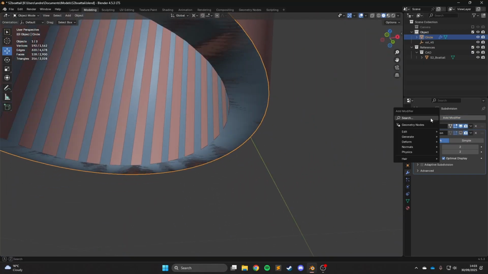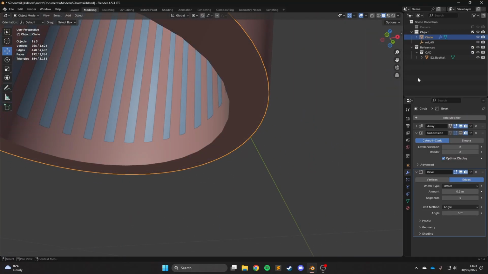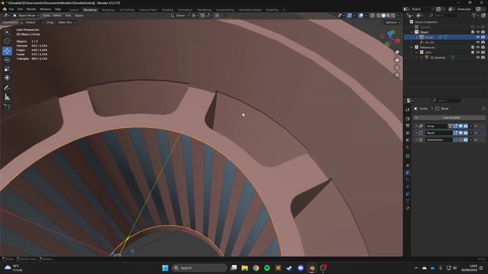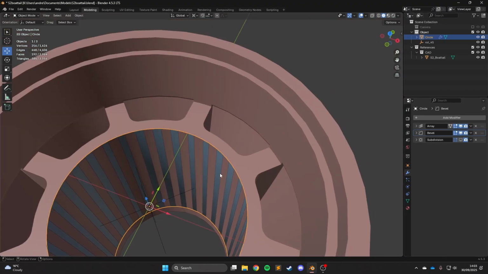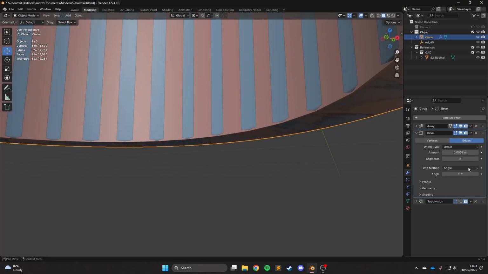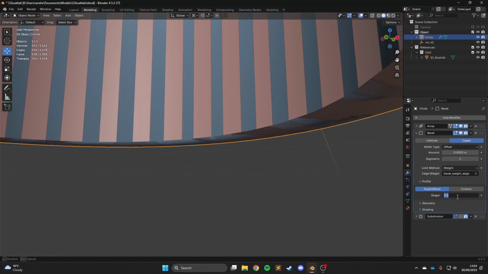We're going to add our next modifier, which will be a bevel modifier. And we are going to pull this in front of the subdivision. So it goes in descending order: it does the array first, merges all the extra vertices at the ends, then adds the bevel, and then subdivides everything. This amount here is essentially going to be our rounding tolerance. So we're going to make that for now about half a millimeter. We're going to set the segments to 2, limit method to weight, profile shape to 0.7 or thereabouts,